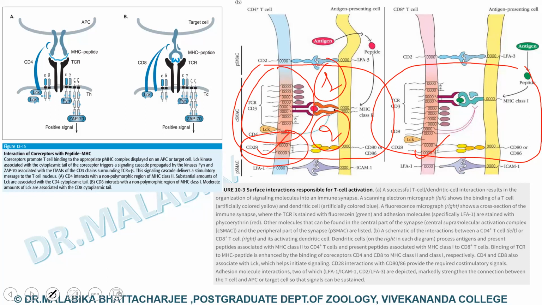Simultaneously, CD4 or CD8 is activated. So this is signal 1. Then this is partial activation of the T lymphocytes. After this has occurred, the T lymphocytes also need to interact via their CD28 receptor with the CD80-86 molecule, that is signal 2. Only when signal 1 and signal 2 have been completed can a full activation of T lymphocyte be possible. So that was about the TCR CD3 complex and the CD4 CD8 co-receptor.